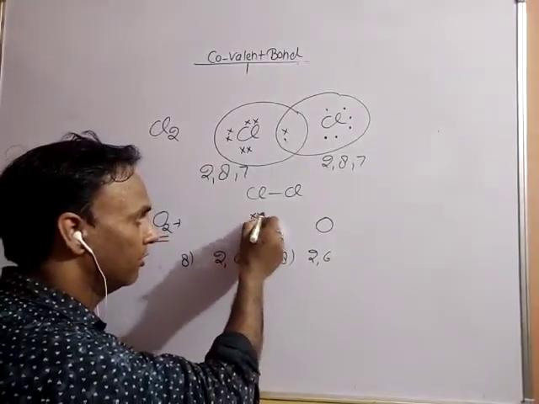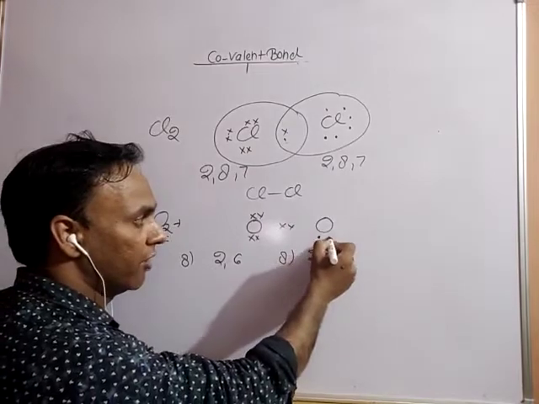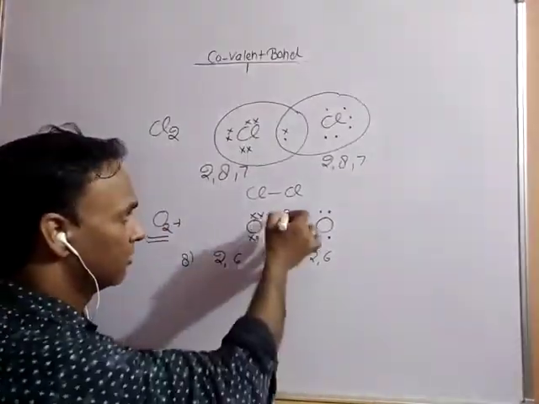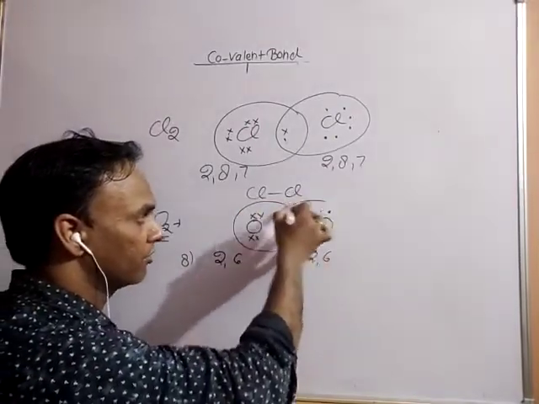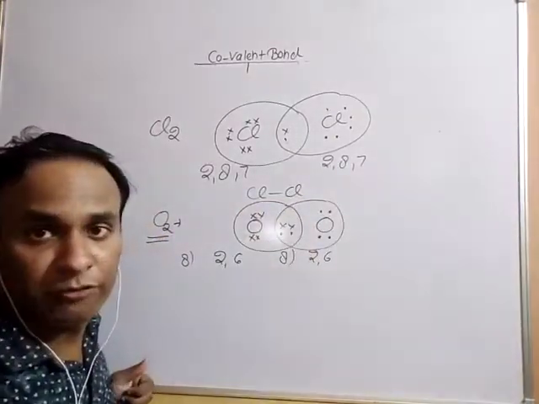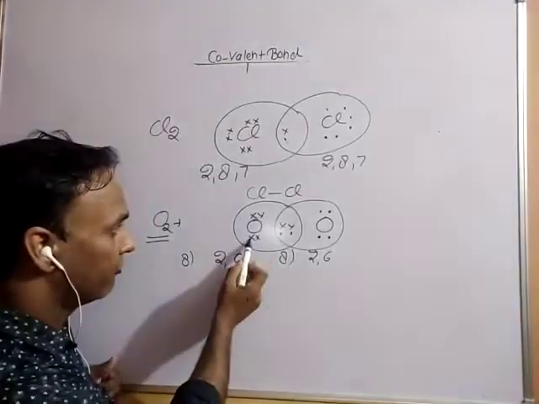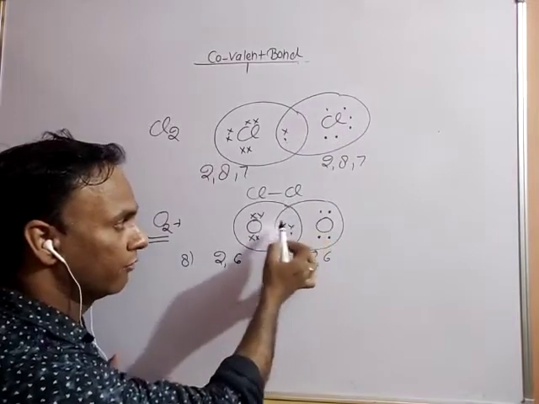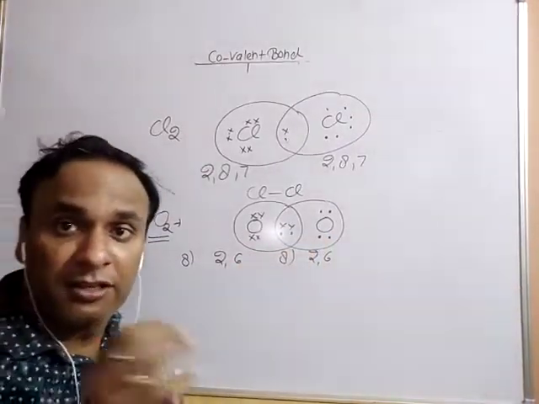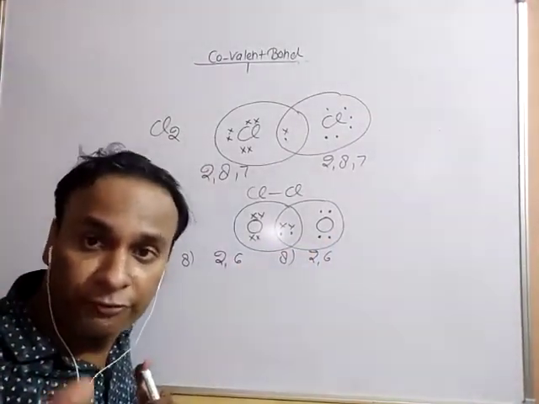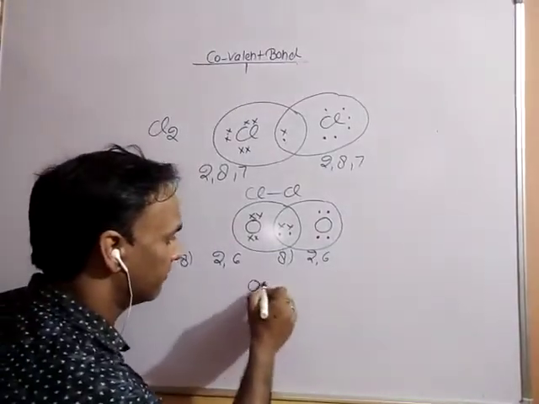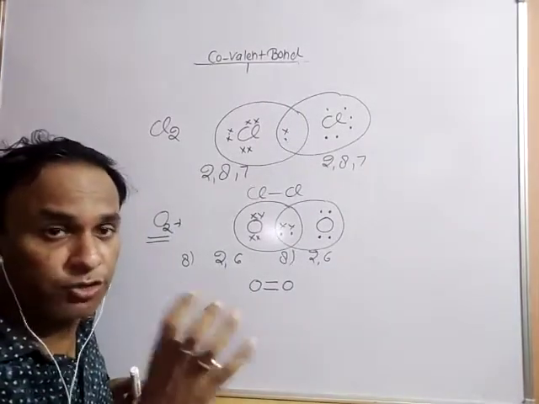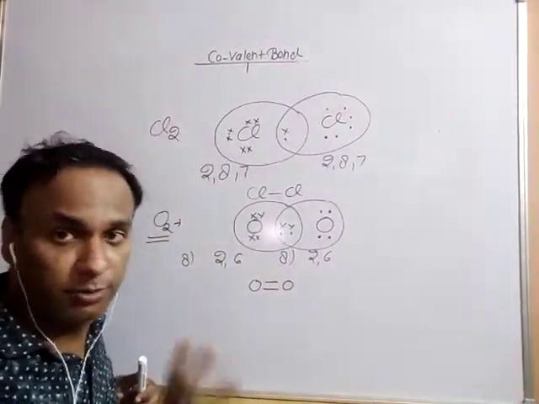Here 2 electrons are shared from each of the oxygen atoms. This is the sharing portion. Now count the number of electrons with the sharing portion: 1 2 3 4 5 6 7 8. Here the number of electrons shared is 4. That forms a double bond. When 4 electrons are shared, that forms a double covalent bond.